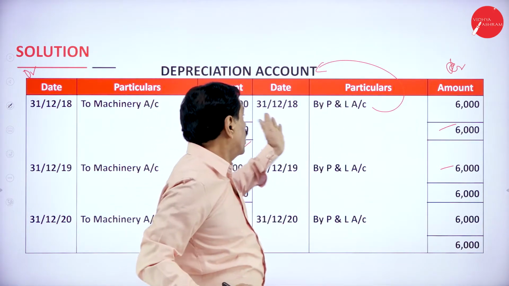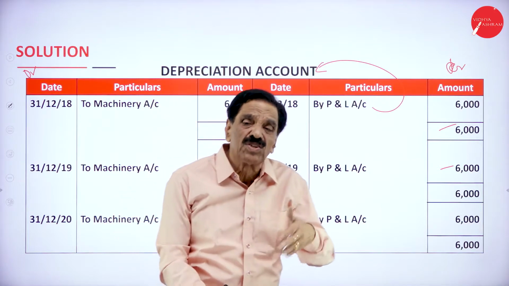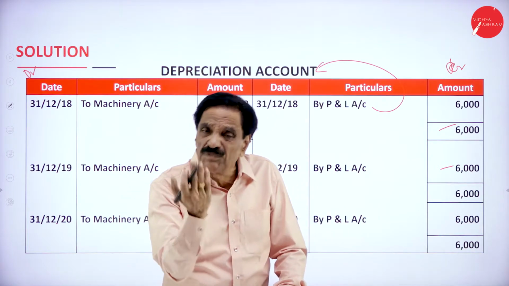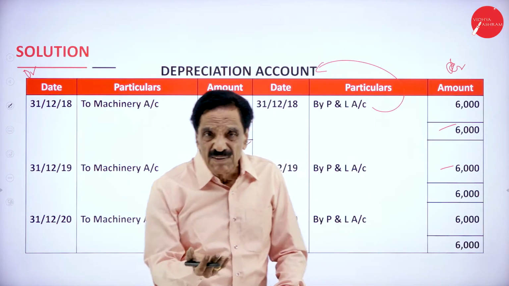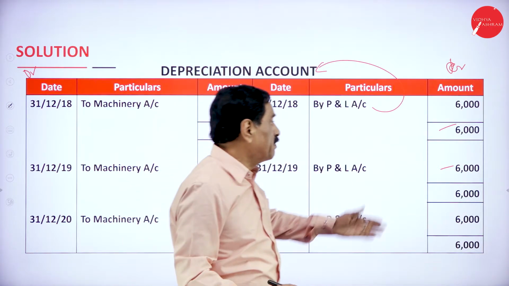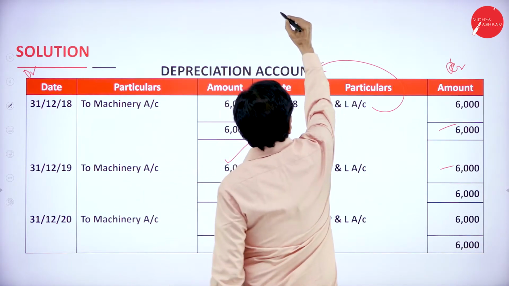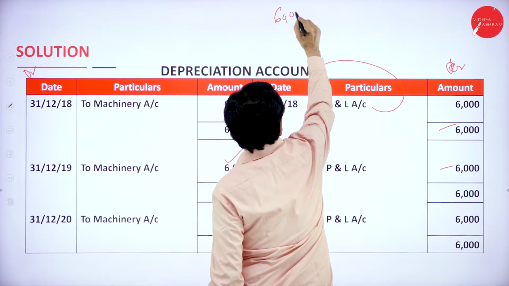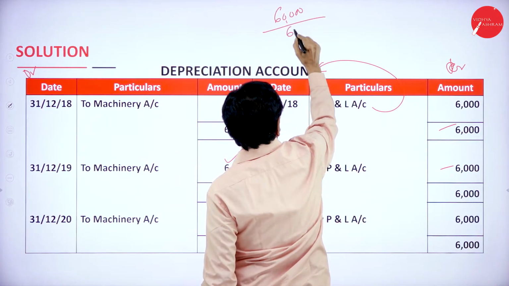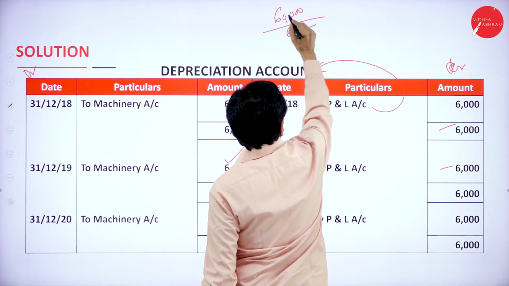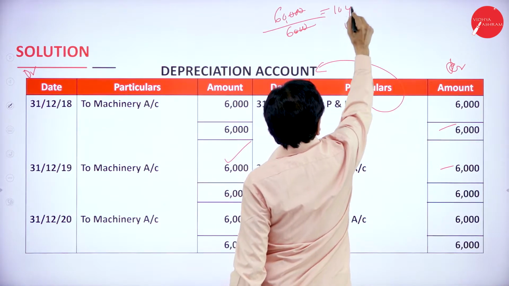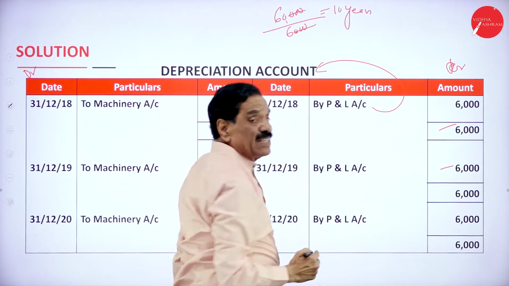So that you got 60,000, no? Every year charge 6,000, it has got a life of 10 years, no? You can charge 6,000, that is why. See here, you got cost of acquisition is 60,000. Every year addition is 6,000. Cancel the 0, 6 into 10. How many years? 10 years it is going to last.